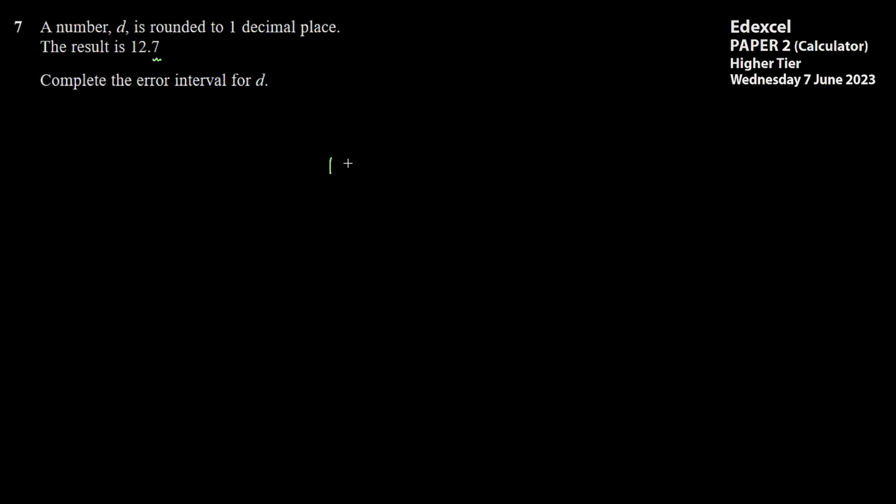So if we take our central value of 12.7, the next number up would be 12.8, and the next number down will be 12.6. So clearly the dividing line of whether you go down to 12.7 or up to 12.8 will be right in the middle. And this value will be 12.65, and this value will be